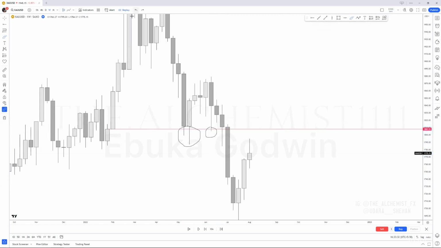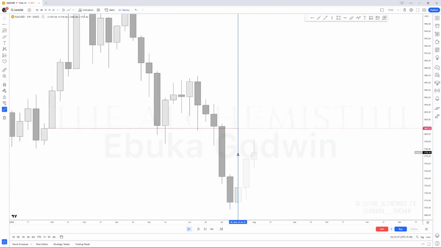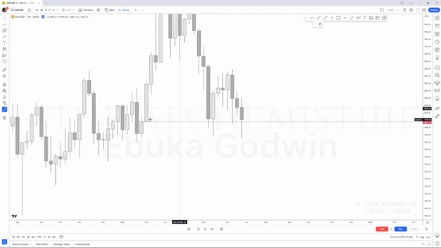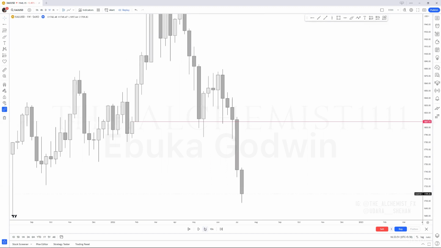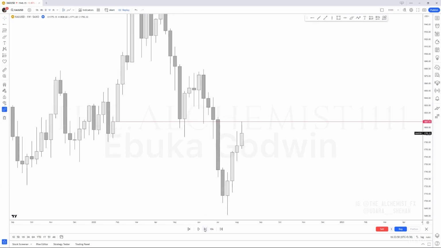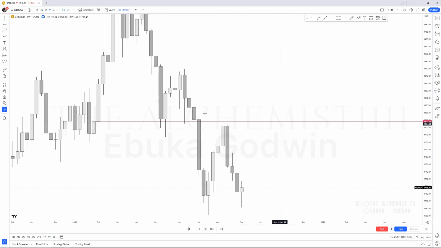So once a support is broken, first of all, at this point, if I put the replay tool here, at this current moment, this zone is what? This zone is a support. That is why the market kept closing above it. But once it's broken, it turns into a resistance, right? So what happens? There it goes, steps, and then it starts to drop. Can you see? Very, very important that you pay attention to these levels.